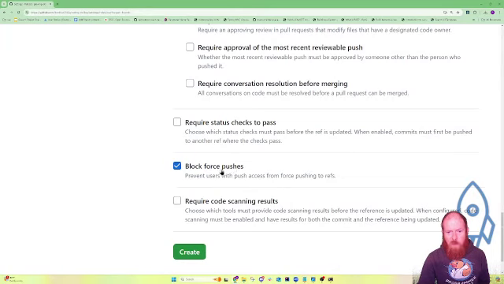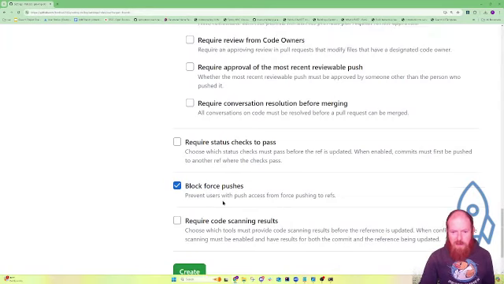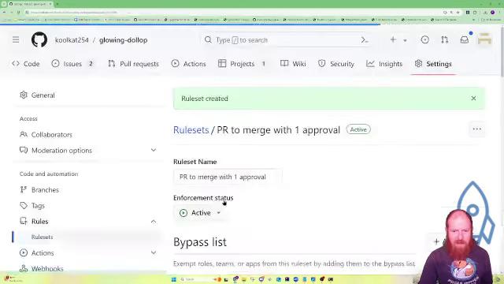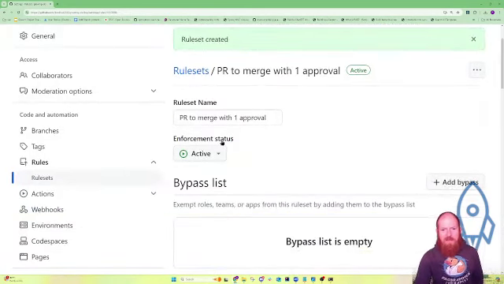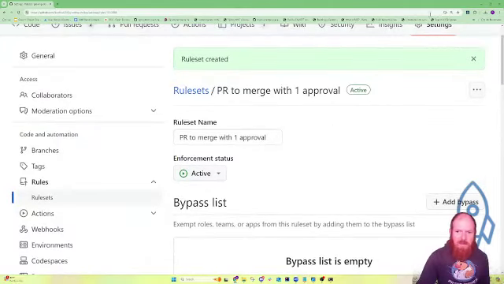It also blocks forced pushes. So you cannot force push. You have to learn how to do this without force pushing. So I made this active now. So now,